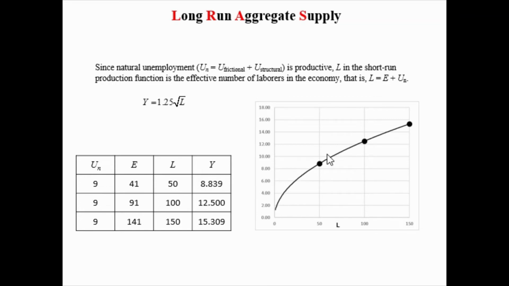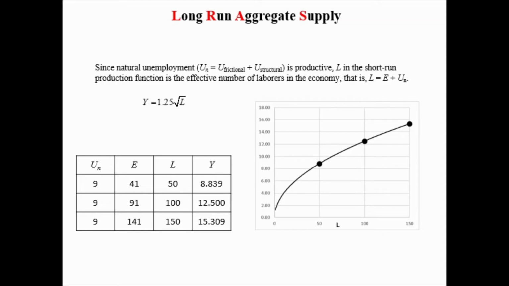Notice the curve bends. We've only had two nonlinear functions in macro principles. The first was a PPF that bowed outward. Now we have the production function that rises more quickly when we go from no employees to a lot of employees, to rising very little when you go from a lot to many. We call this bend the law of diminishing marginal productivity. And what's going on here is you got to remember that capital is fixed. The number of factories are fixed. The number of production lines are fixed in the short run.